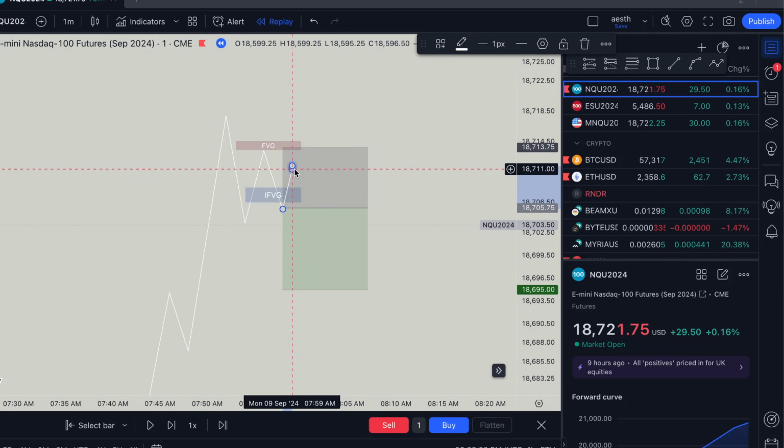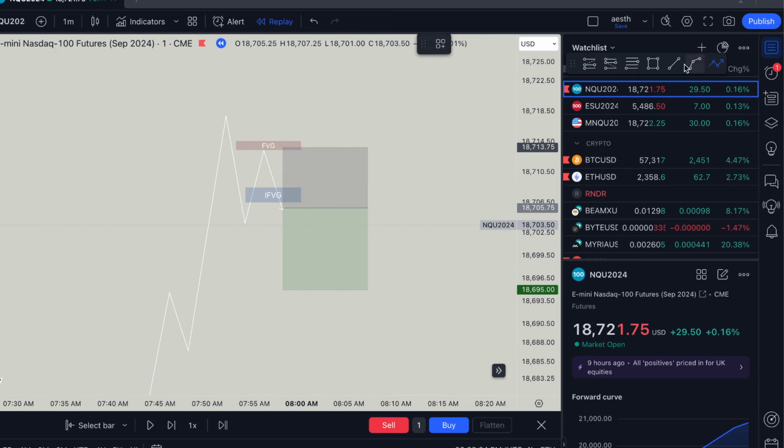And now this just creates a super easy stop raid and manipulation for price. Everyone's going to be trading short here. A new 5 minute or 15 minute opens up above, and you'll probably get stopped out. It'll run and take this high, hit this 5 minute or 15 minute, and then it'll start to sell off. And this is super common.